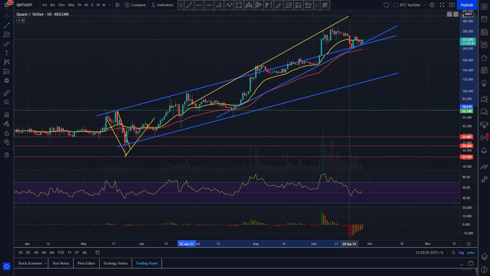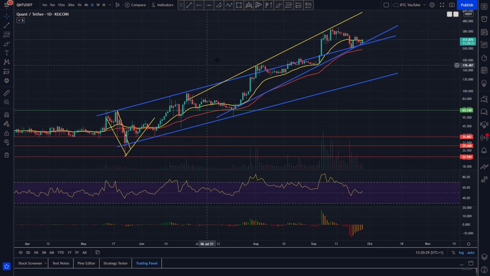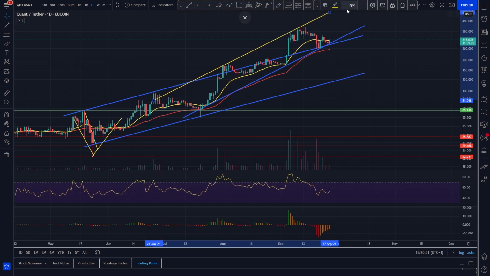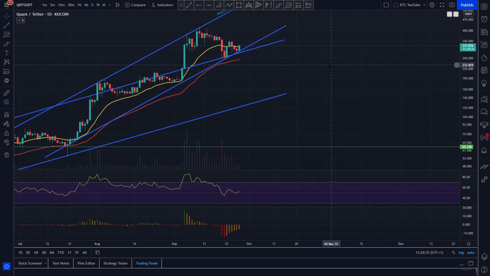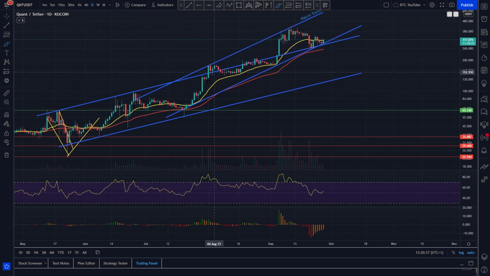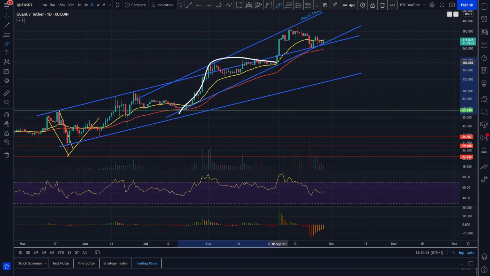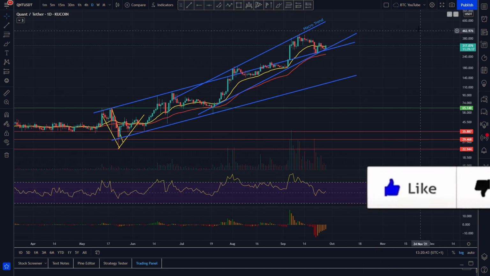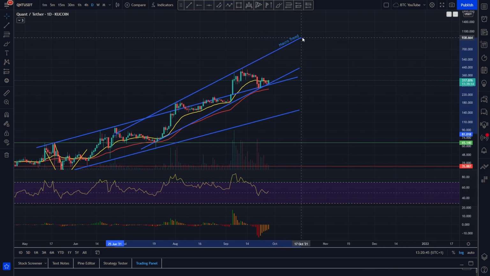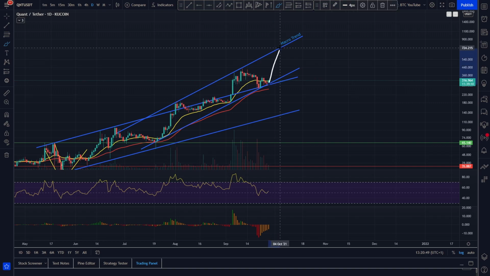Obviously, if we draw this in as well, you could see there could potentially be some confluence for this as well, where we formed another kind of channel, an even steeper channel, looking something like this: higher high, higher low, higher high, higher low. And if we do get that bounce back to the top of the channel again, we could be looking at a very, very nice next target for Quant, if that's the case, coming back up towards the top of the